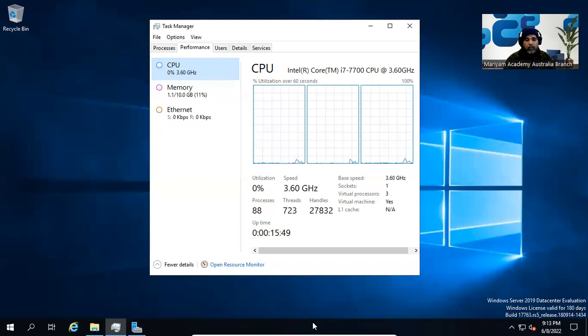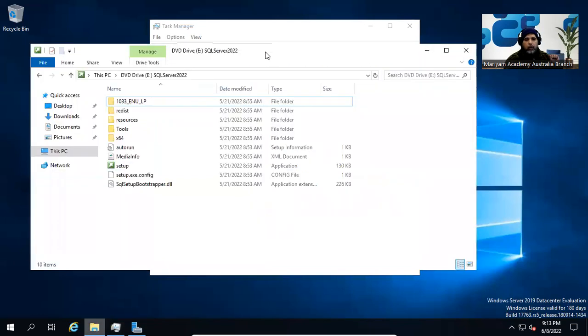So I've already prepared the server. The beauty is, as you can see, I have Oracle VirtualBox, which I introduced previously in one of my videos. If you want, you can go and check there. We already have the evaluation 2019 edition running on the virtual machine on my system, and I've already downloaded the preview edition. And like I mentioned with 2019, I have downloaded the full